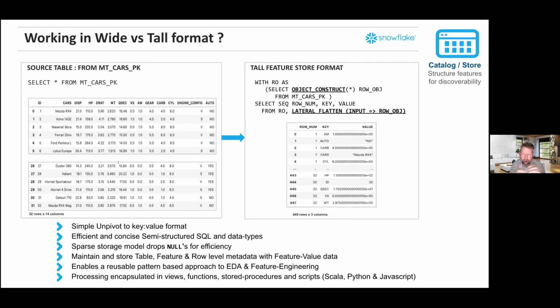So that's a typical pattern, particularly if there's a lot of sparsity in the data, so there's a lot of nulls in the wider table. You can drop the null rows on ingest quite efficiently. In fact, that's what the SQL is doing, dropping the null rows, so storing it very efficiently inside Snowflake that way.